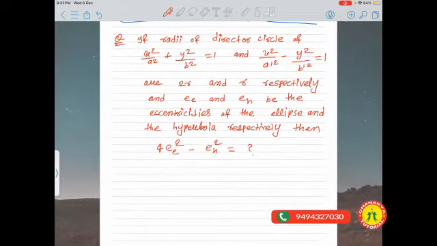The question is, if the radii of the director circles: the radius of the director circle of the ellipse is given as 2r, and for the hyperbola the radius is given as r, and E_E is the eccentricity of the ellipse and E_H is the eccentricity of the hyperbola. So you have to find the value of 4 into the eccentricity of the ellipse square minus the eccentricity of the hyperbola square is equal to